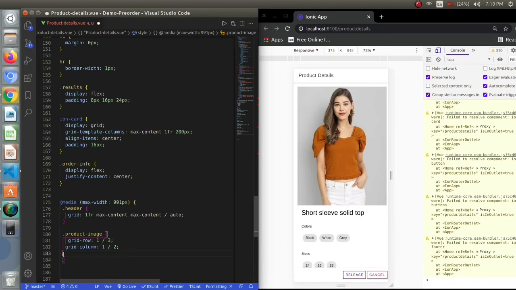The same way I will be creating it for my remaining parts, that is the product info and the filters. So now I will be setting my product image.